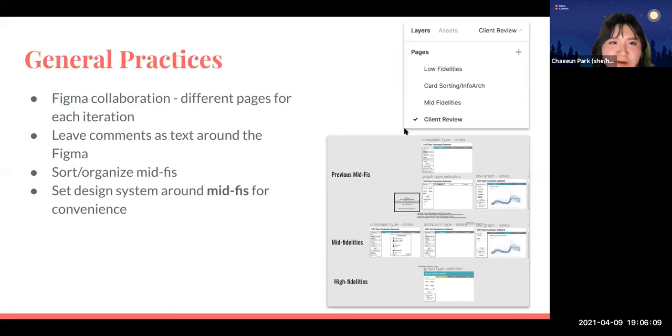Okay, so I guess we're gonna move into the Figma part of this workshop. So just some general practices. I'm gonna show you guys an example, but just basically for when you're working on Figma,